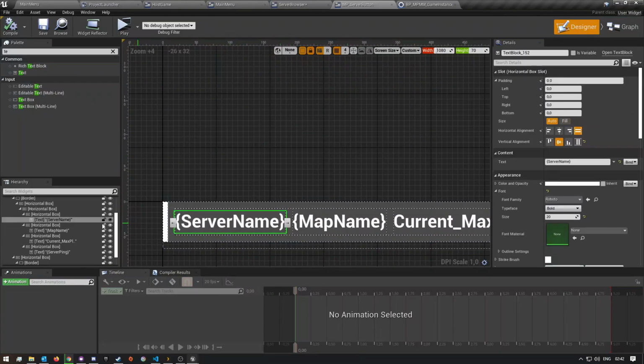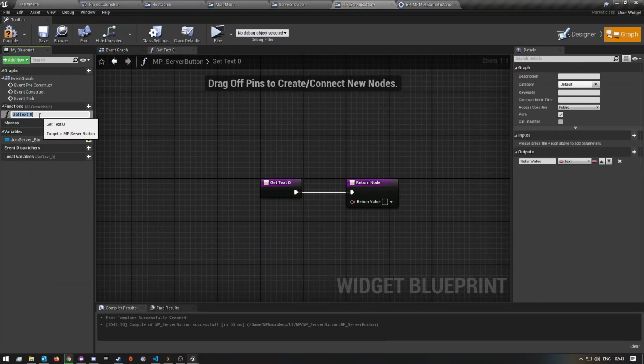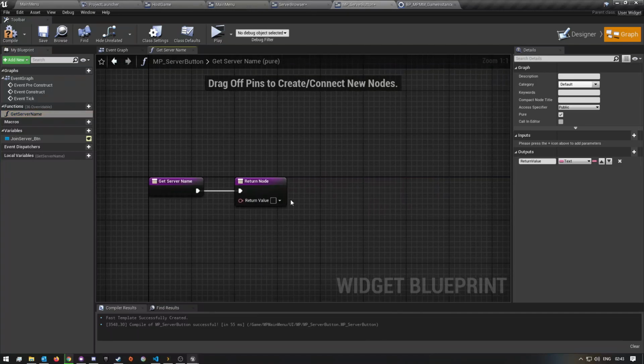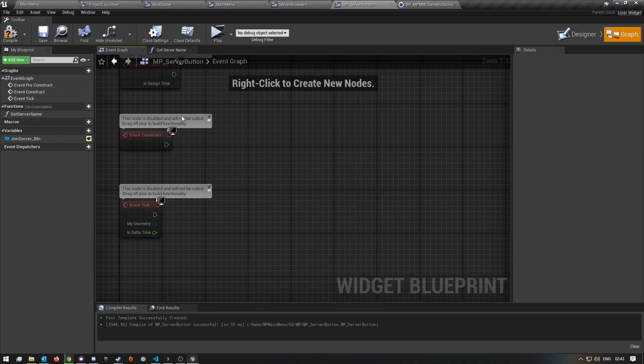Okay, and so now we're going to go to our server name, and then we want to go to our bindings. And so you want to come over here to the right and create binding. And now it will make a function for us. We can call this get server name. And then in here, we want to do a couple of things. So we want to get our current server. Oops, we haven't actually gotten that yet. So in the event graph,